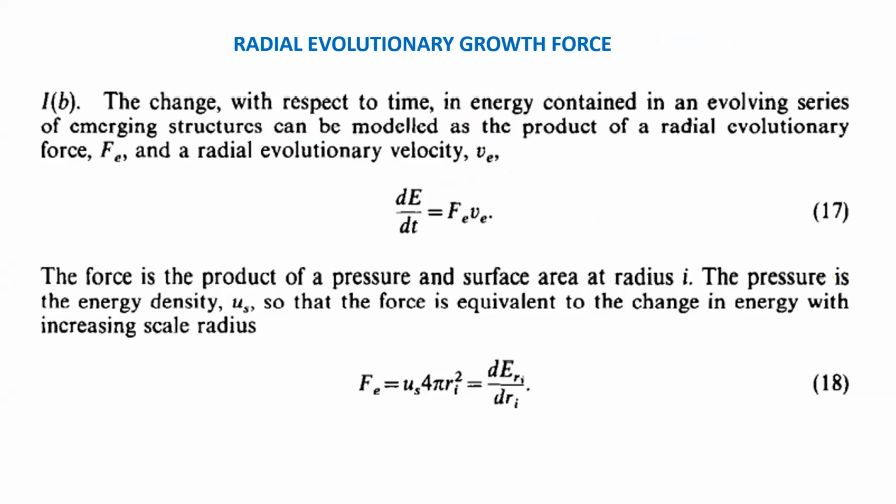d. This is just calculus. d means the change in energy. The dt is with respect to a tiny element of time. And so you're saying the change of energy with respect to time is equivalent to a force times a radial evolutionary velocity. This means the movement of this structuring process from the microspace into the macrospace. Essentially, you're looking at a force times velocity function. And so, we've seen that before in the previous slides.